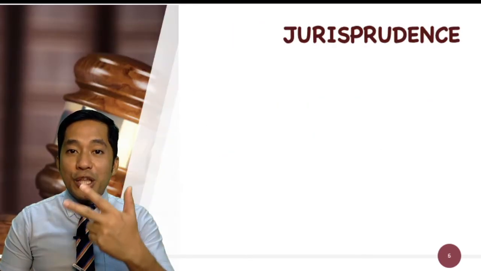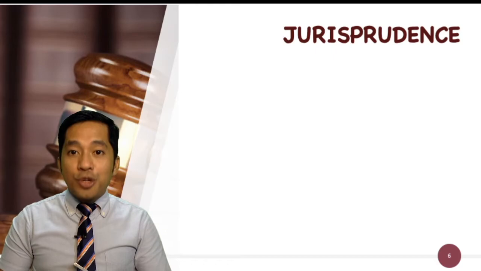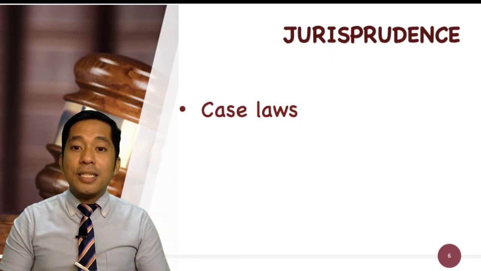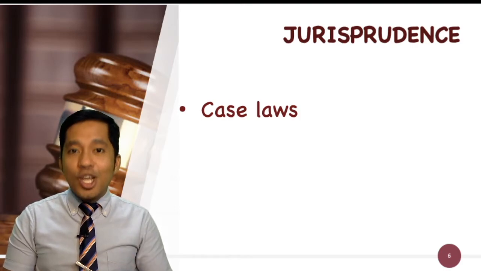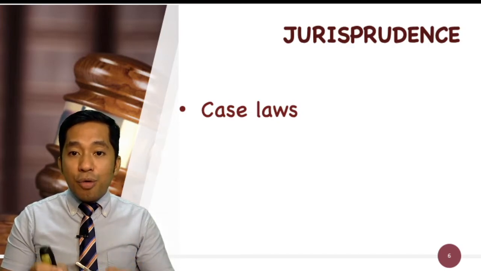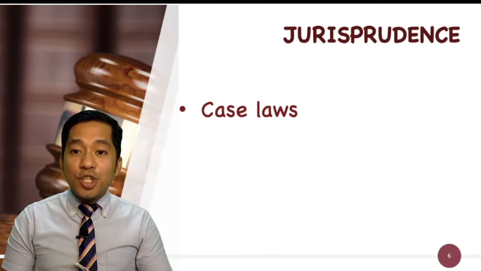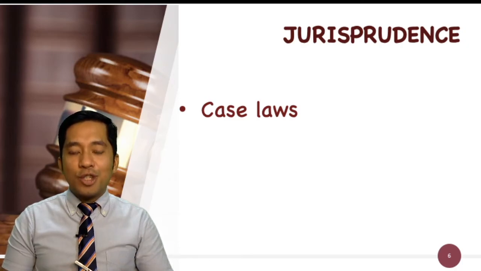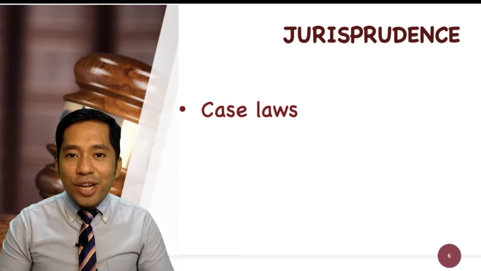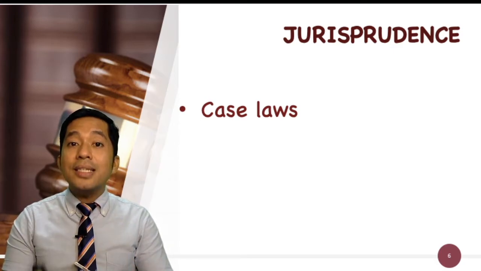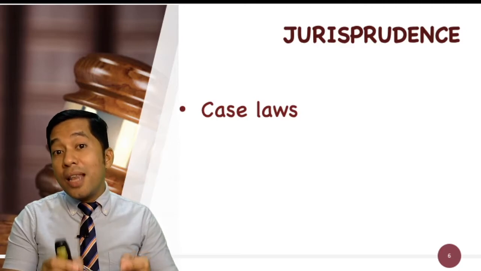Jurisprudence. This is the third source of law. Jurisprudence is also called case laws. They are called case laws because these are decided cases or written opinions of individuals performing judicial functions. Now, included in these are the rulings by the administrative and legal tribunals such as the presidential, Senate, or House electoral tribunals. This is the reason why we as educators must be abreast with the latest decisions, especially landmark decisions